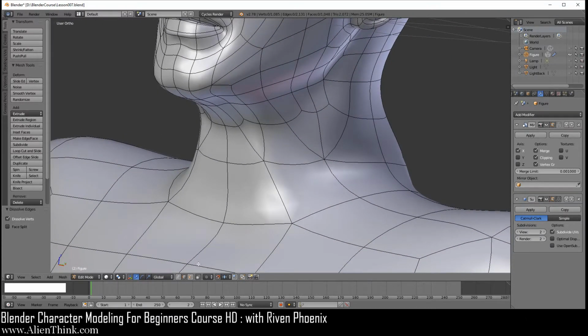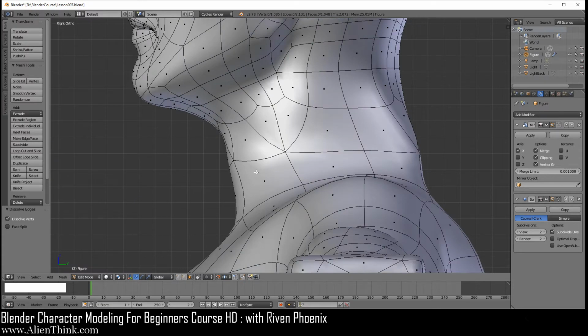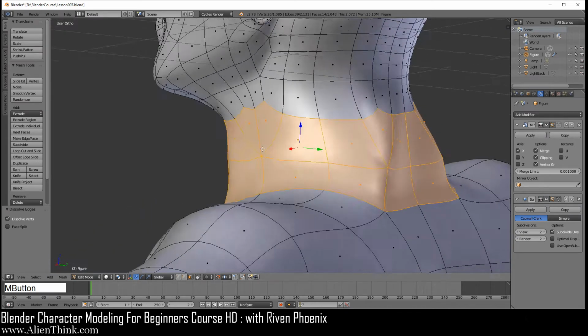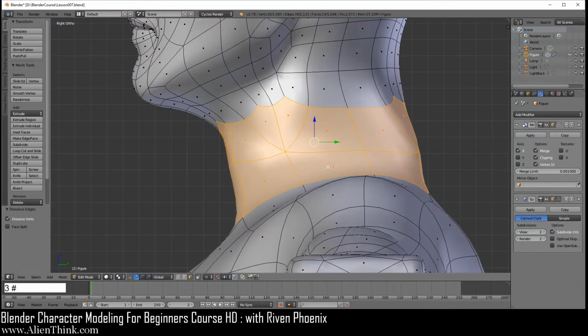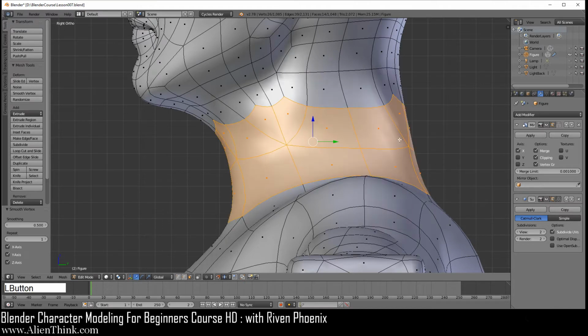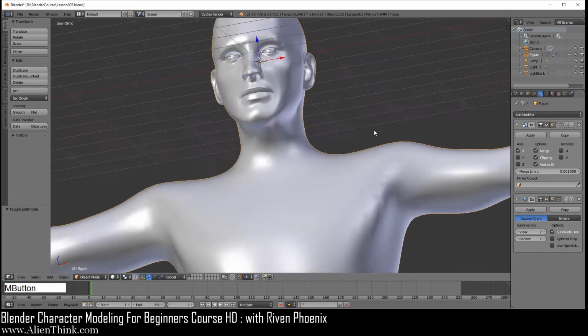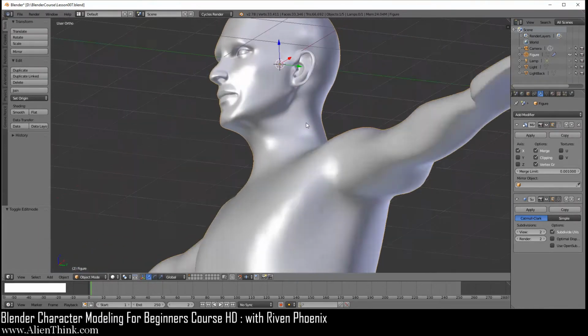neck over here. So what we can do is now click on the face select mode, go to your right view, and I do the C key, circle select, and just go ahead and select everybody over here. Okay, and I'm going to do middle mouse button to rotate, press C over here. So we've got this entire thing selected, and I'm going to do W and smooth 1, 2, and then 3. If I do tab, you can see that we've now connected the neck over here for now.